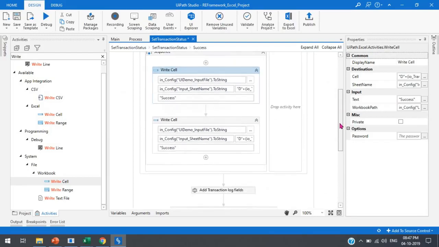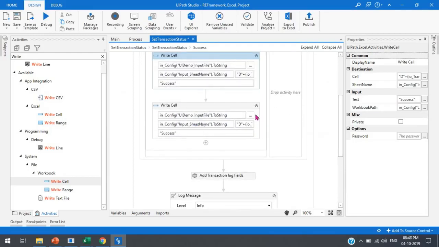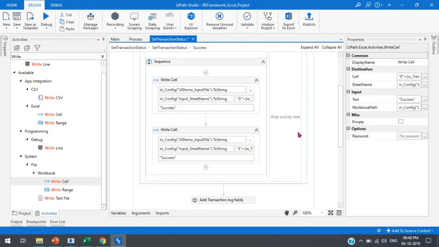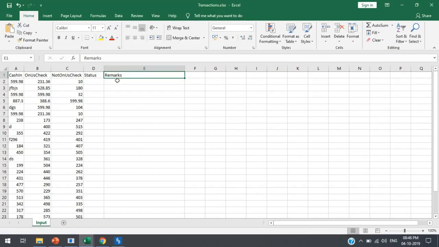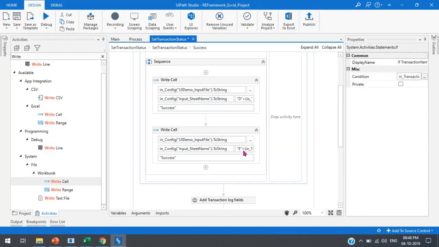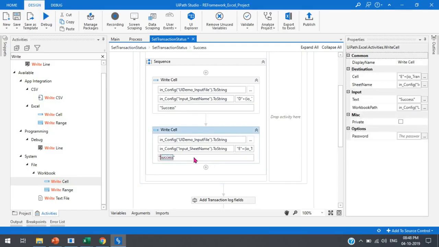Okay, and we need to just change the column name, that is E. So this time it will update the remarks here, that will be E2. So there will be no changes, only we will update the column name and the success remarks. So we'll have item processed. Okay,